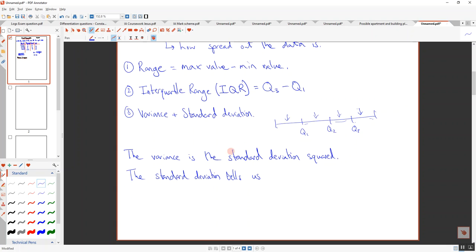Okay, standard deviation tells us, yeah, you're right, how far, on average,